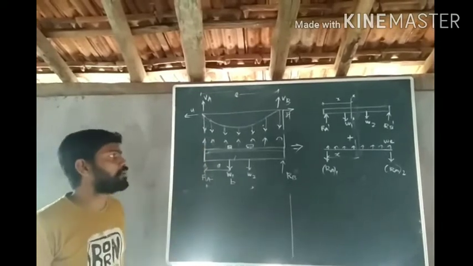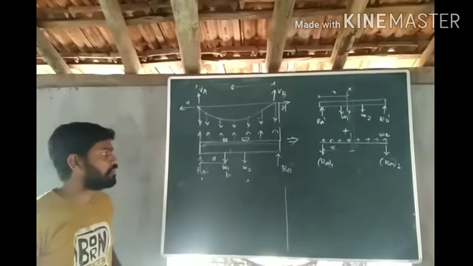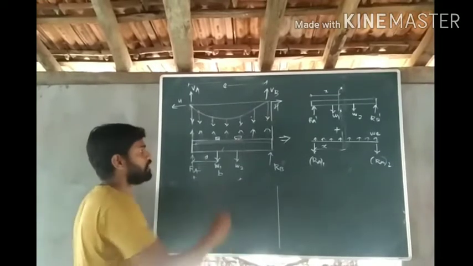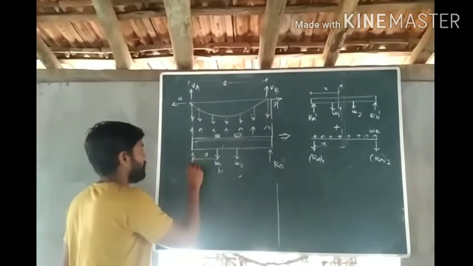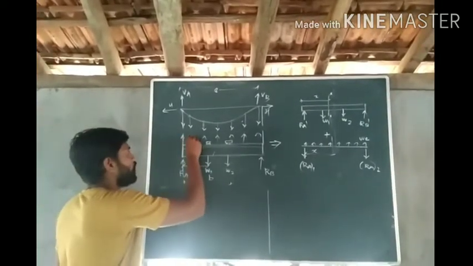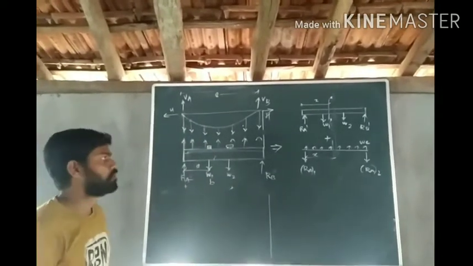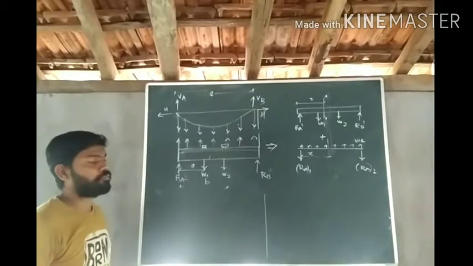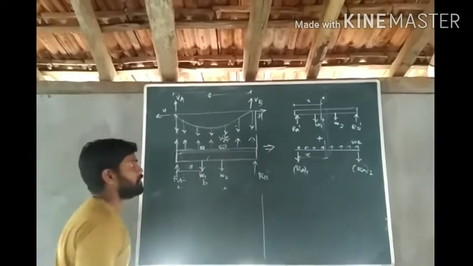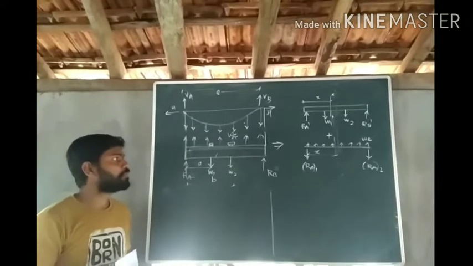So now consider the free body diagram of the stiffening girder. How many forces are acting on this stiffening girder? This W1 and W2 are the loads of the vehicle on the deck slab. Then this is the reaction RA, this is the reaction RB. Then there is the upward thrust provided by the suspenders. The suspenders are going to take the load in the upward direction. Let us say this load is in the form of a UDL, and let us say it is WE, in kilonewton per meter.